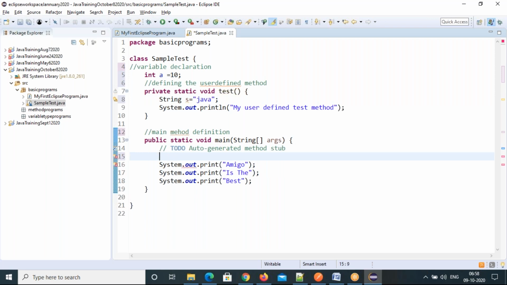Yes, you can call that variable. Wherever you define, that will come under the variable section, sir. Don't go very deep. As of now, first understand what we are discussing. You can define variables anywhere.